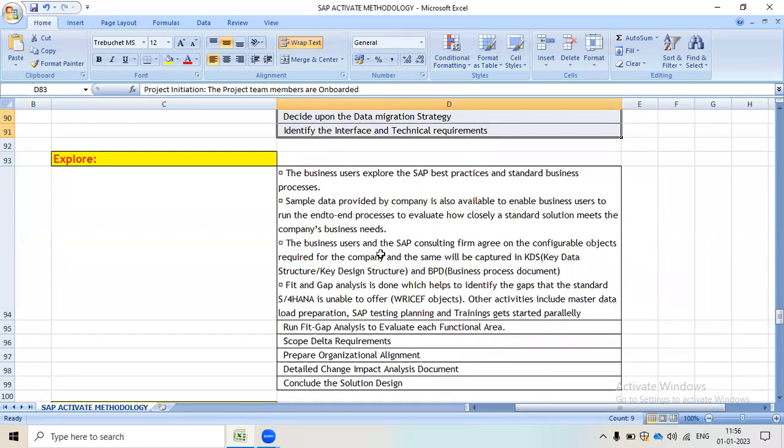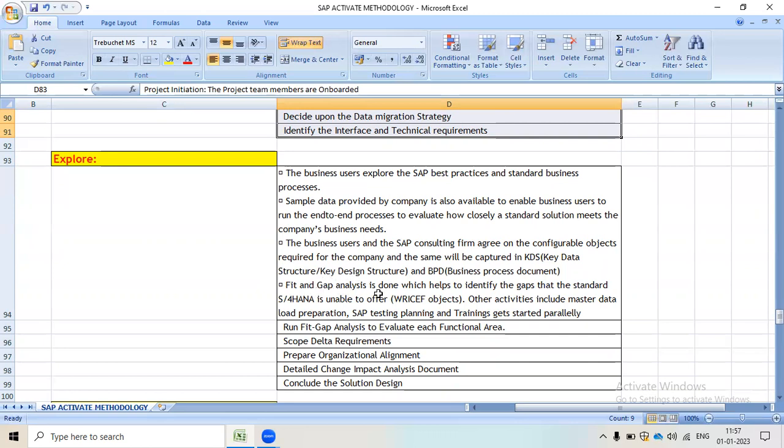The business users and the SAP consulting firm agree on the configurable objects required for the company, and the same will be captured in the KDS, meaning key design structure, and the BPD, business process document.